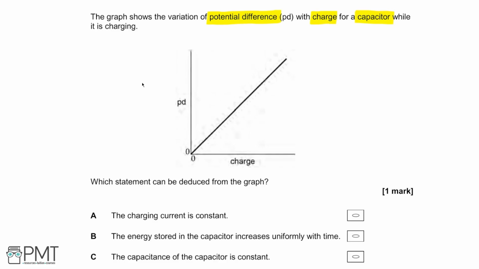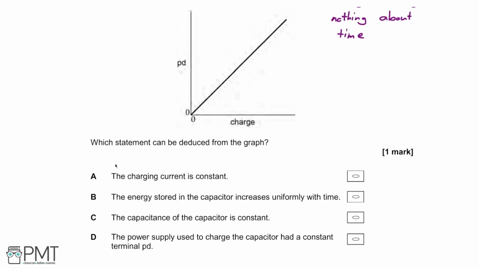So the fastest way to narrow down your options in this question is to note that we have potential difference on one axis and charge on another. So this graph says nothing about the time involved in this charging process. What this means then is that if we consider statements A or B, which says A, the charging current is constant, or B, the energy stored in the capacitor increases uniformly with time,